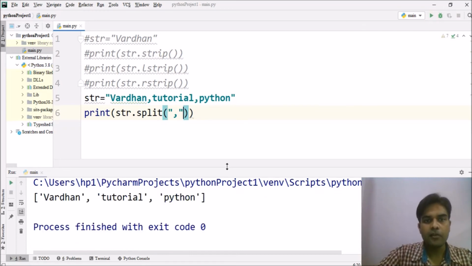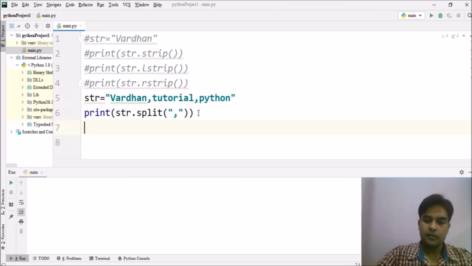See. Now this split is actually splitting the string into three parts, and the base on which it splits is the comma.